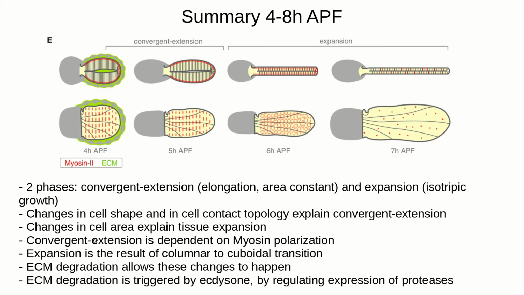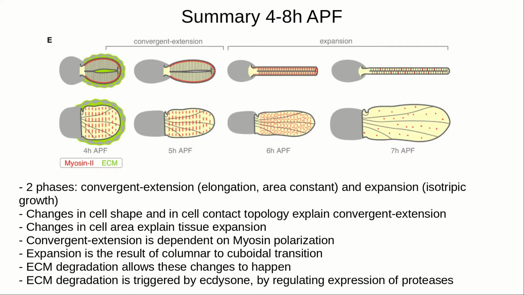So as a summary, the process of elongation of the wing blade, which takes place between 4 hours and 8 hours after pupariation, takes place in two phases. The first one is a process of convergent extension, where there is elongation of the tissue but the area remains constant, and the second phase is an expansion, an isotropic growth, in which the shape does not change but